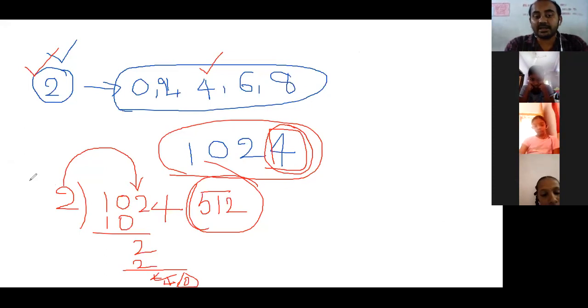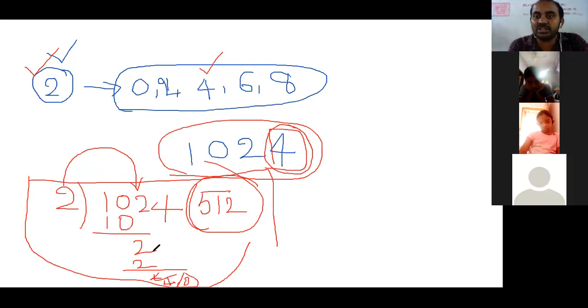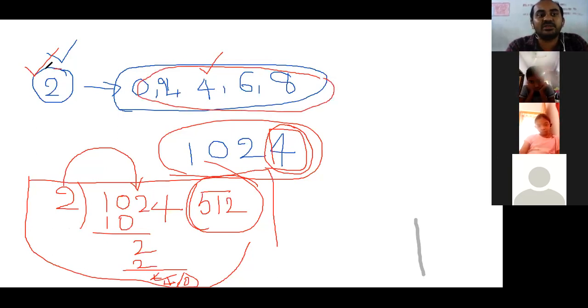Now, see that this number is divisible by 2 after checking this condition. But you don't need to check again and again. By simply looking at the question, you can conclude whether the number is divisible by 2 or not. How can you say that? If the number ends with these digits, that number is divisible by 2. Now, shall I give one question? Can you answer this?